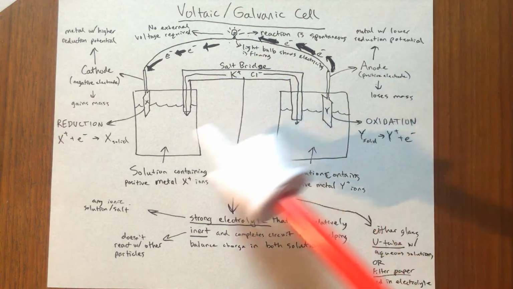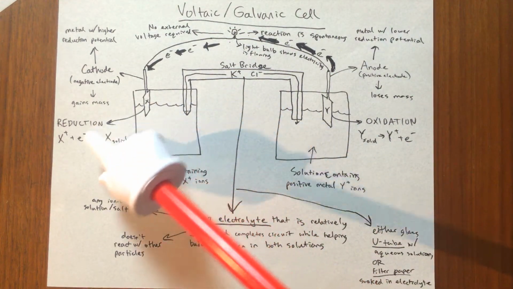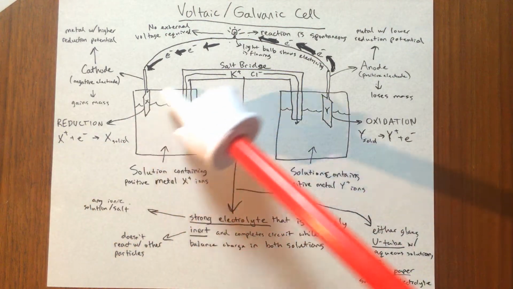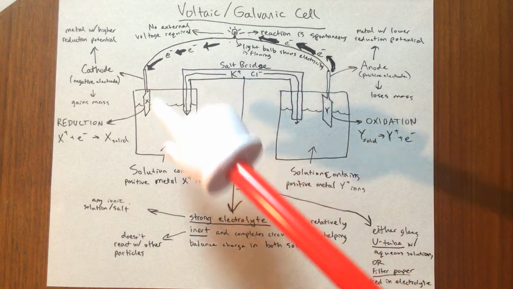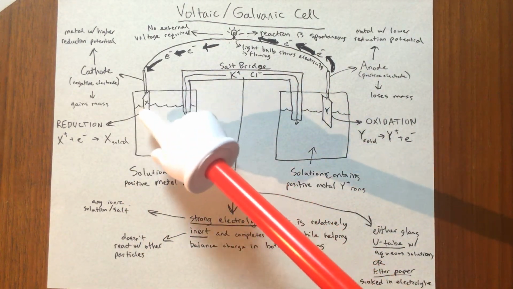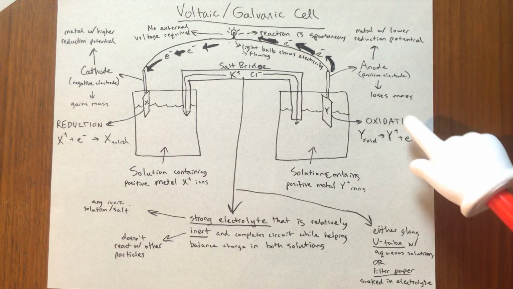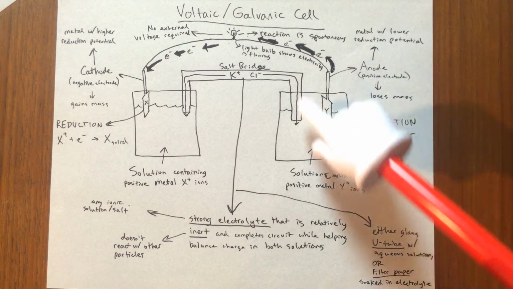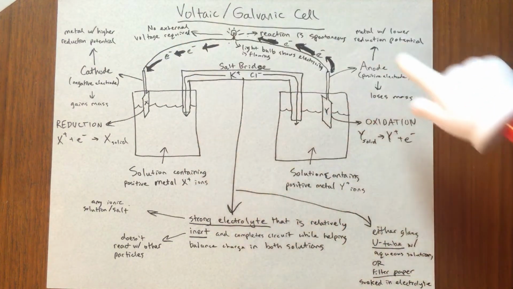Now, the cathode is going to be gaining mass because of this reduction formula going on right here, where positive X ions that are floating around in this solution are going to combine with electrons coming over here from the anode to form this solid X metal that's going to be deposited on this plate to increase its mass. On the right side with the anode, we have an oxidation reaction occurring, and it's going to be losing mass because this solid metal is going to be contributing electrons to this flow over here